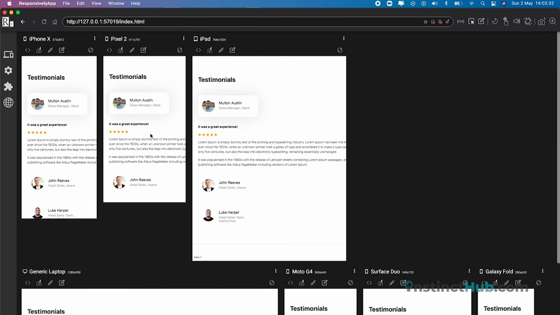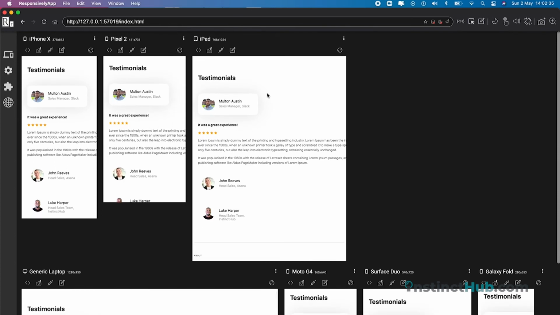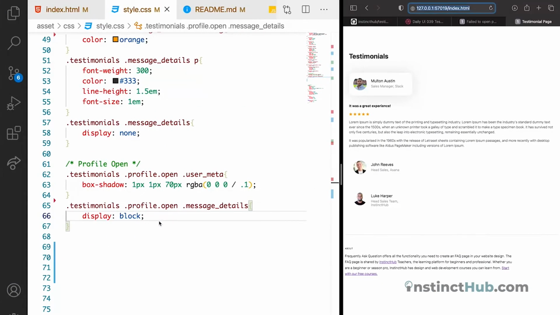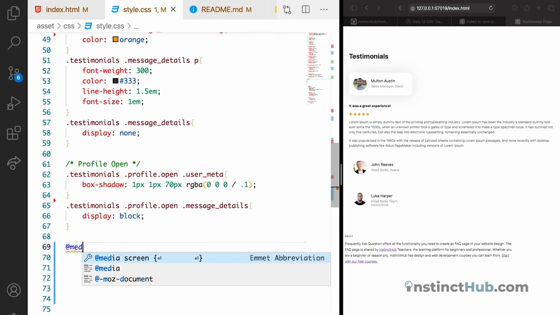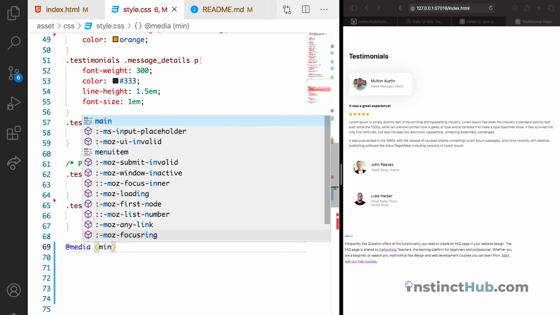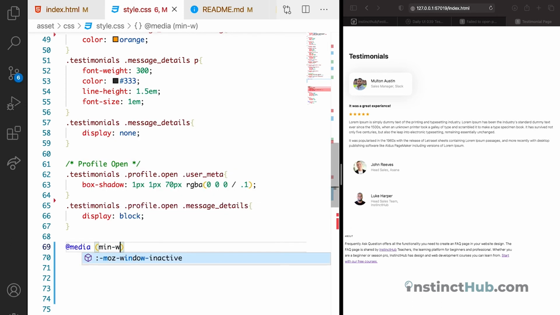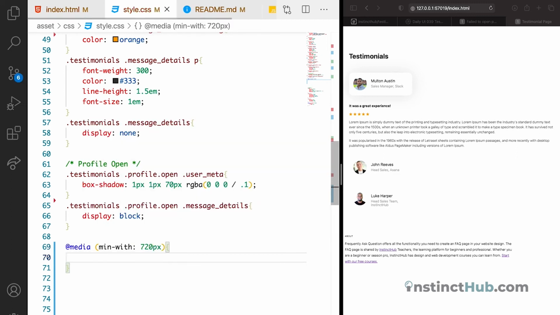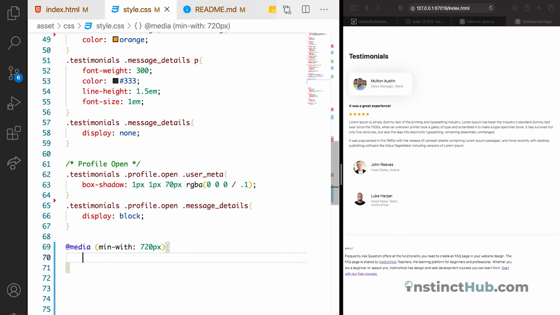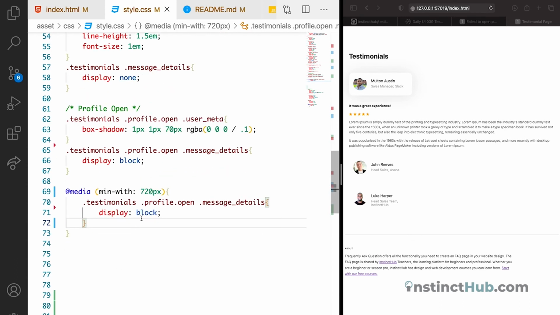So we're going to set our media query to help us manage on bigger screen. To do that, we can just come here and say @media, we want the min-width. So whenever a screen is more than 720 pixels, we want this display to happen. So we're just going to target this same open. Let's just copy this same thing inside the media query. But this time around, it's not going to be display. It's going to be position